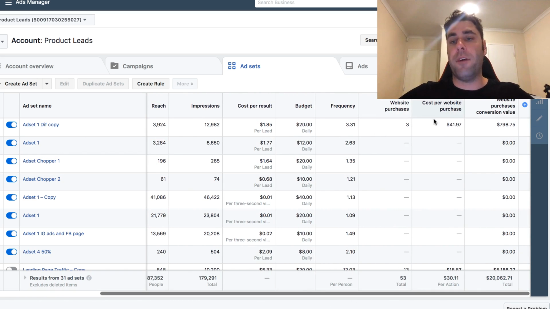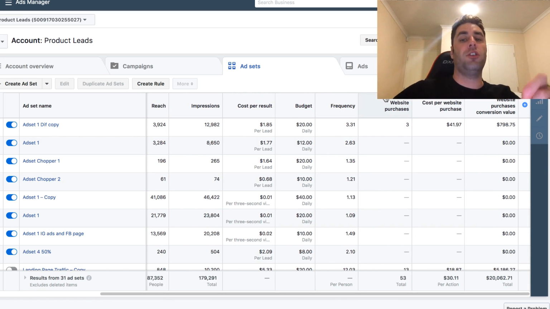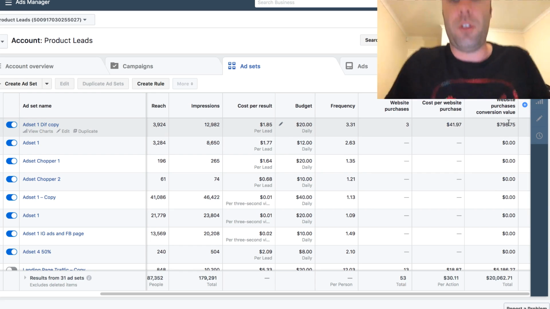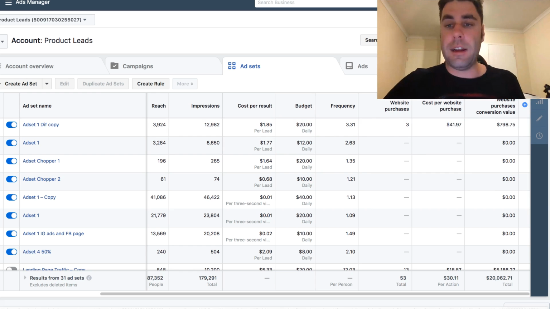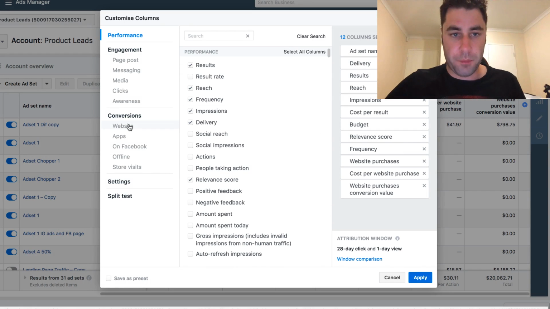Okay, so I've paid 30. But this is pretty good. I've paid $41 per conversion, and my website conversion value is $798. So that's the total. Now if I add another one here, custom columns, and we go website